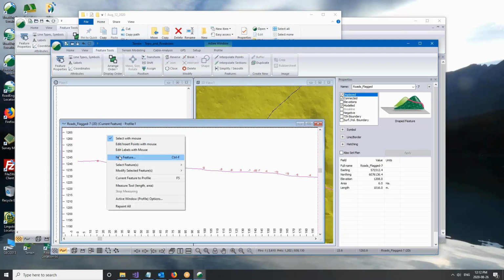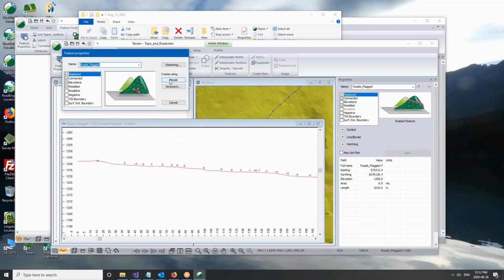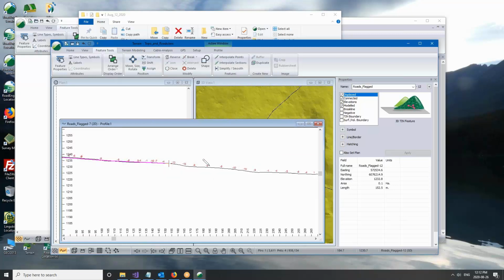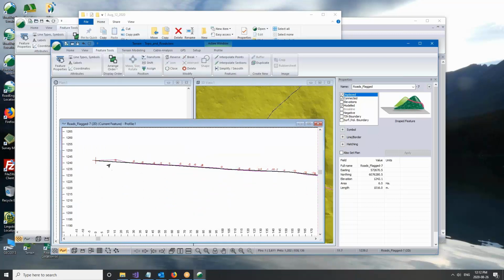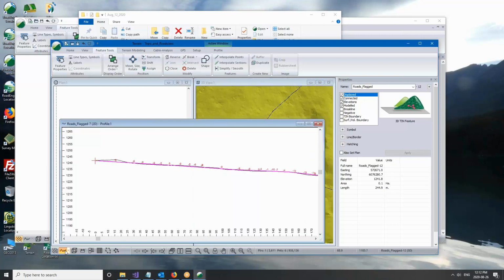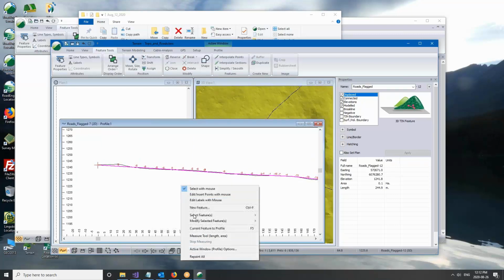So you can create a new feature here that you can just draw in with the mouse right on the same profile, just to make it a little simpler. Like that would be one grade, whatever. But if I can get the grades posted on just that feature, or I could create another profile window of it and take out the other